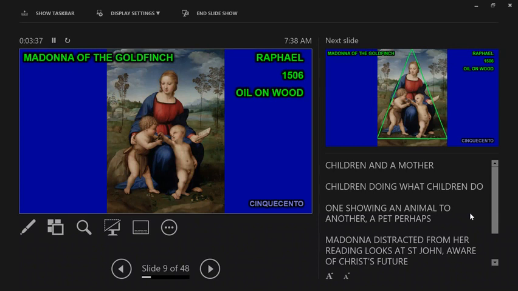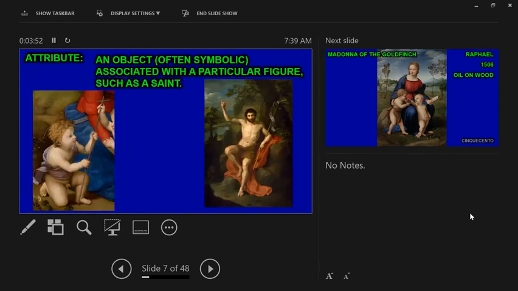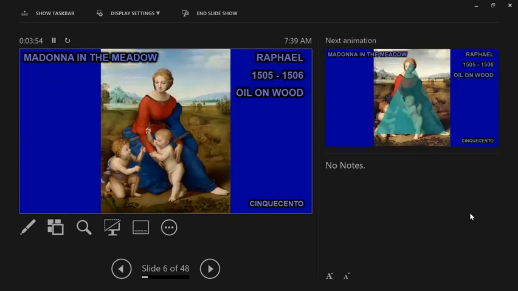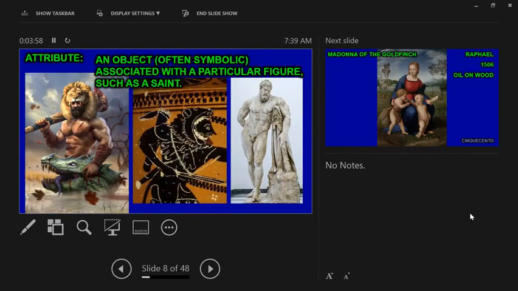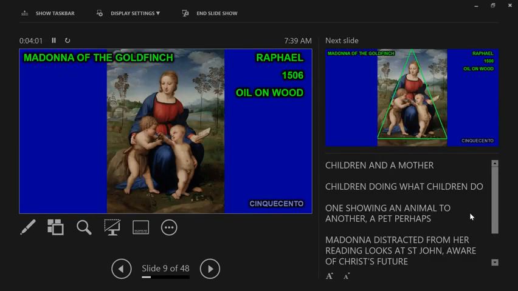That's another attribute of St. John. He wears, I think, a bearskin. Right? There's a story time that I need to tell about that, I guess. I don't know that story. I will find out. But he wears a bearskin. That's another attribute. So if we go back even to here, here he's wearing that bearskin on the right. All right, that's one of the attributes of St. John.